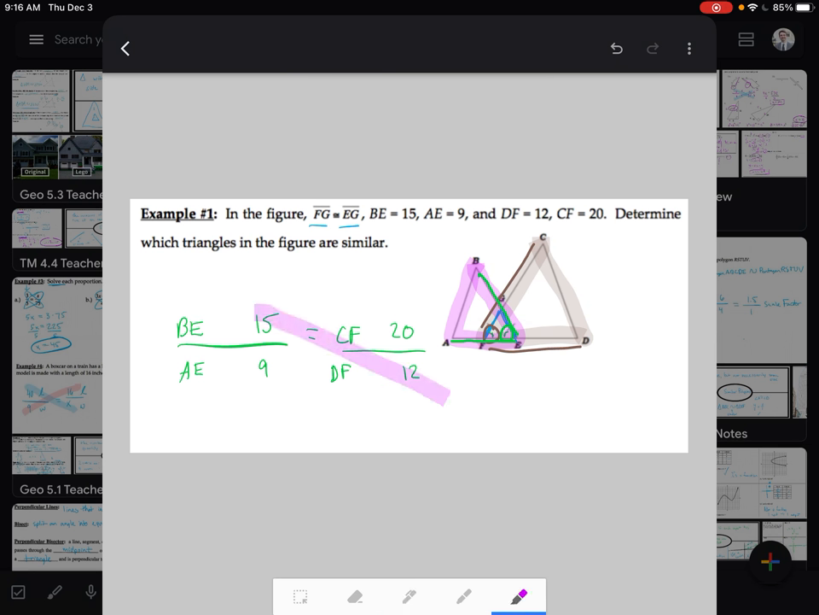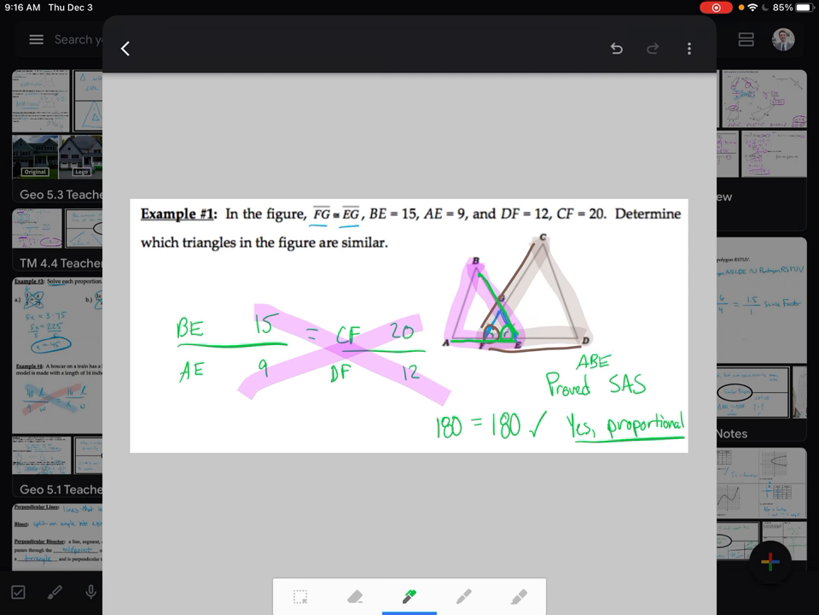And then now we can do what we were doing in our previous lessons, some cross multiplication. So when we go through and we do this, we're going to find that 20 times 9 is 180. 15 times 12 is also actually 180. So because both of these are equal, we can say that yes, these triangles are proportional, which allows us to say that because we have proportional sides and equal angles, we have proven our side angle side similarity. So we can say that